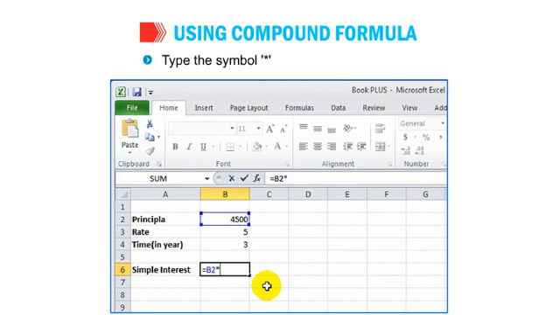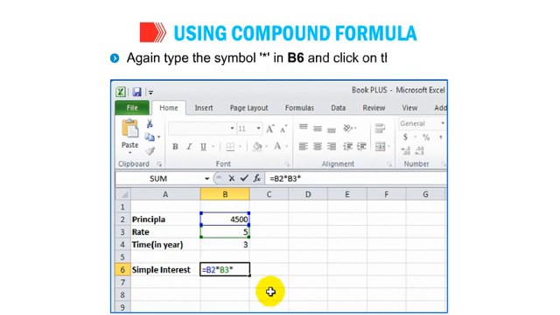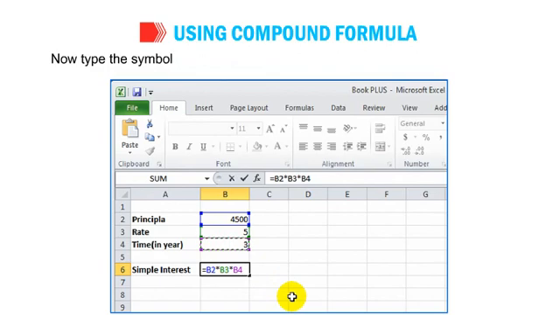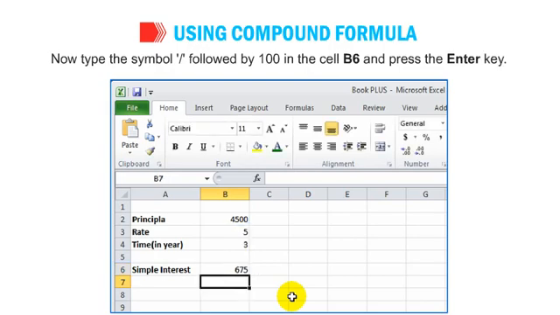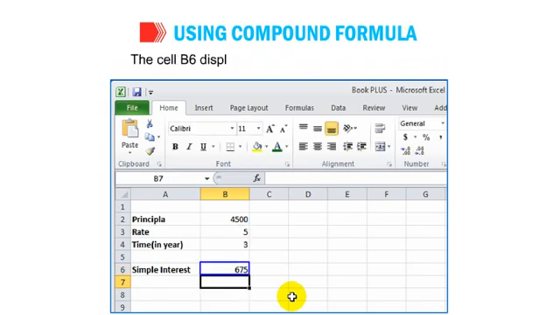Type the symbol asterisk and click on the cell B3. Again, type the symbol asterisk in B6 and click on the cell B4. Now type the symbol slash followed by 100 in the cell B6 and press the Enter key. The cell B6 displays the calculated simple interest.